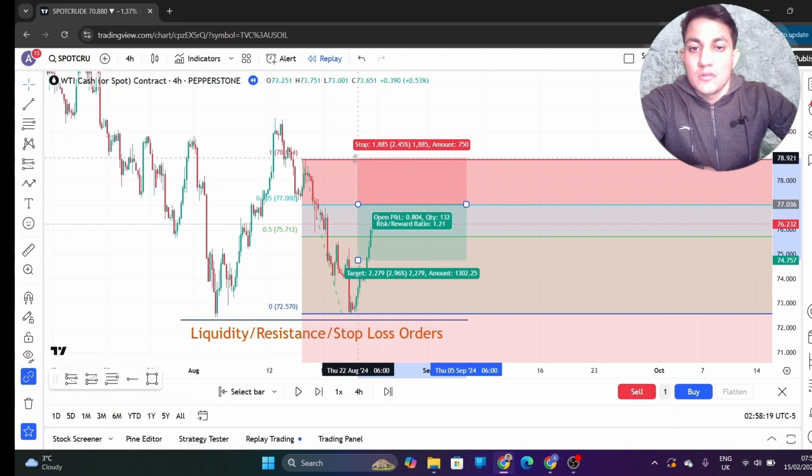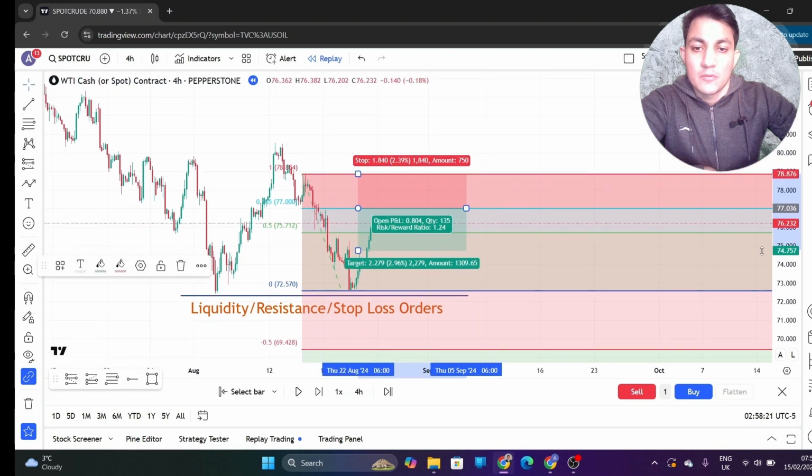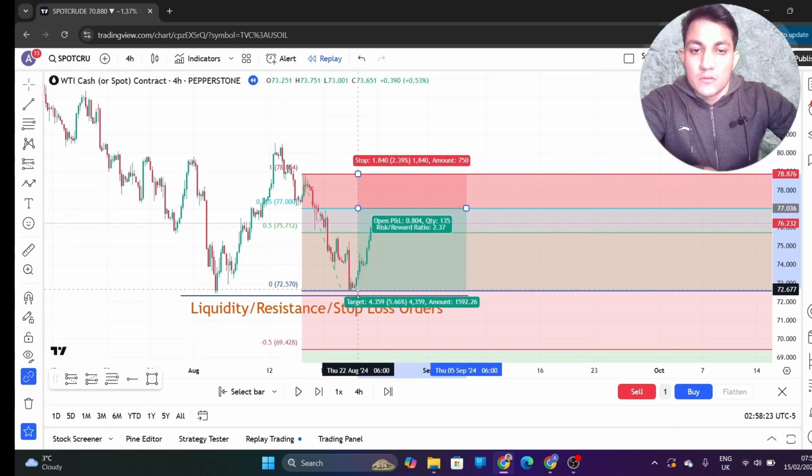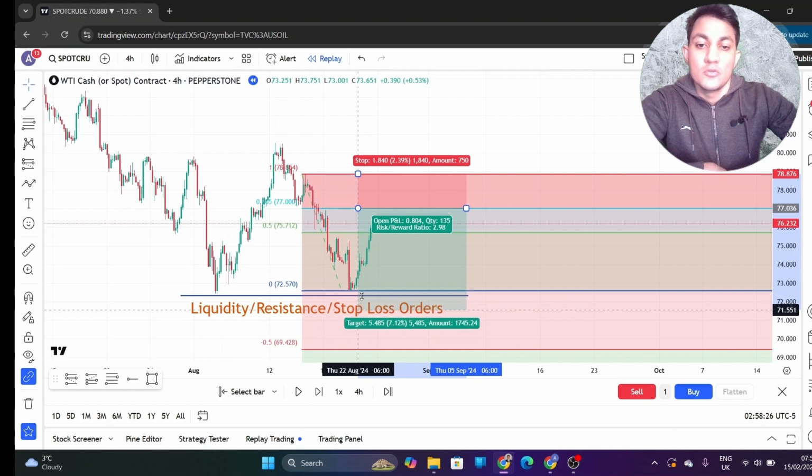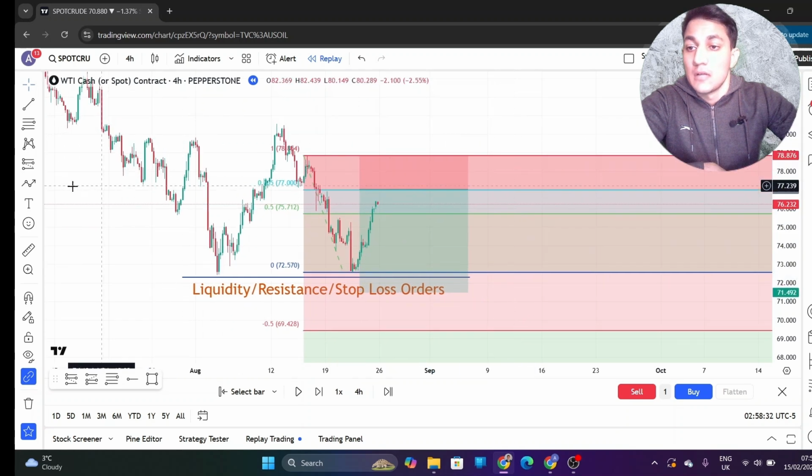I put my stop loss at the high and take profit. Always a free risk reward ratio. For me personally, right? This is just me. You can have it here at the liquidity. But for me, it's always a free risk reward ratio, because what I found, and you should always backtest, but